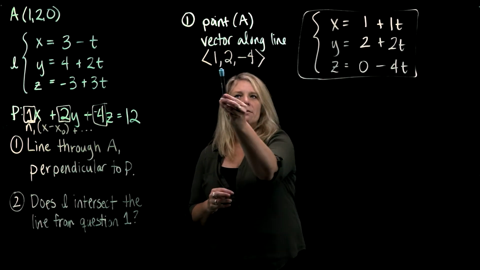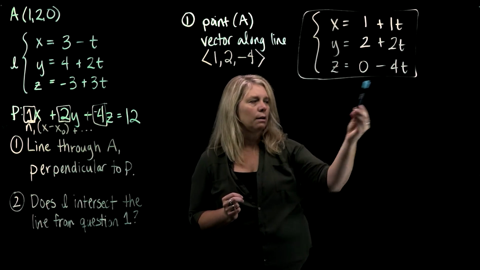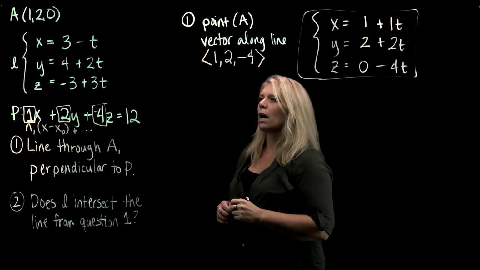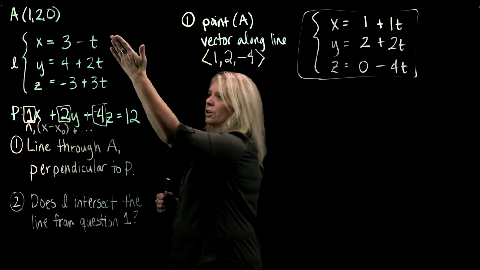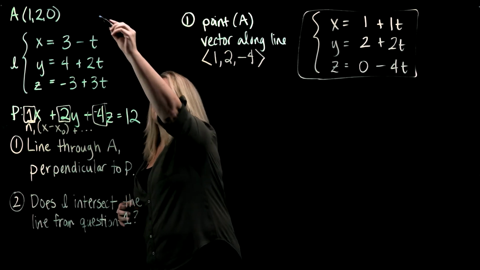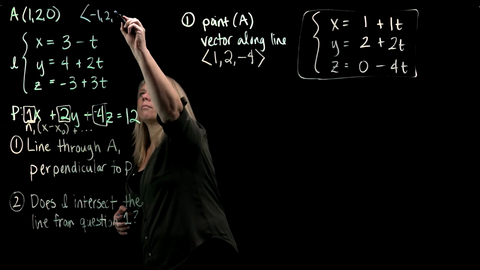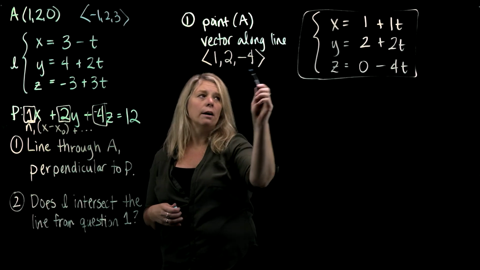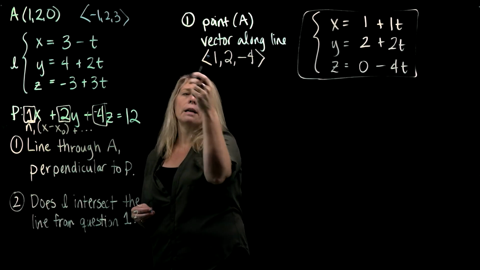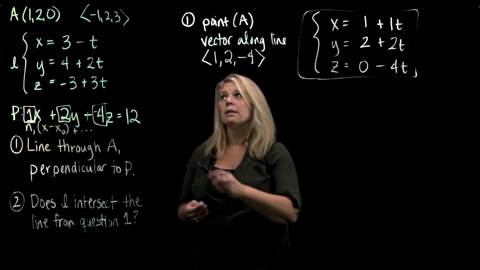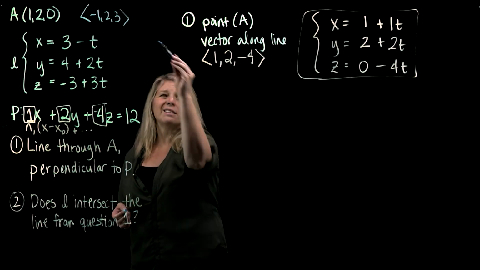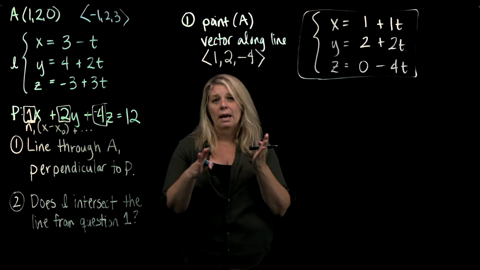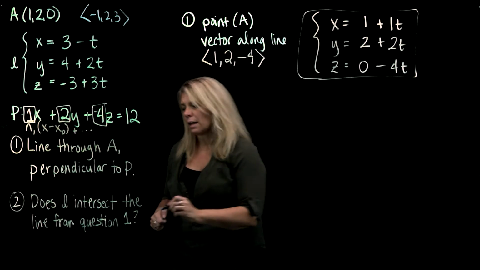Notice that we have this vector here that we use to write the equation of this line, and then I have a similar vector that I can think about here. -1, 2, 3 would be a vector along this line. So if I think about that vector, that would be along line L, and I compare that with my vector here that's along the line we just wrote, you'll notice that those two vectors are not parallel to each other. They're not scalar multiples of each other. Because these two vectors are not scalar multiples of each other, these two lines cannot be the same line and they cannot be parallel. So we know that they're not the same line,